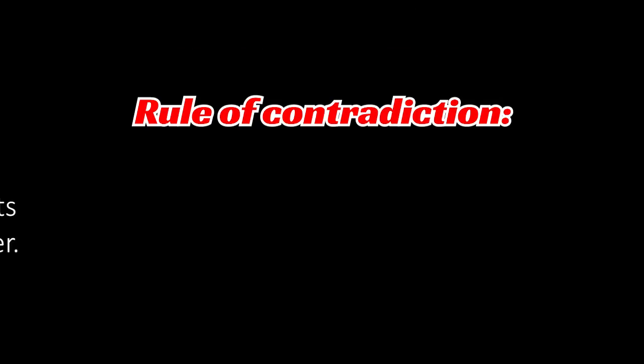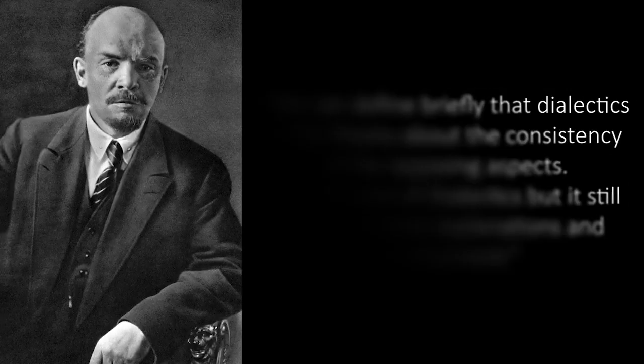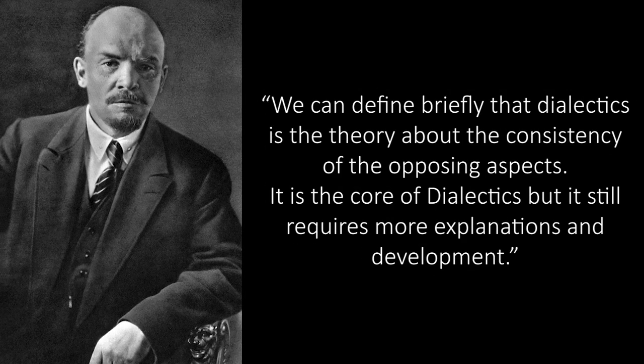Okay, the next rule that we are going to talk about is the rule of contradiction. Contradictions are the forces and aspects within something that oppose each other. According to Lenin, we can define briefly that dialectics is the theory about consistency of the opposing aspects. It is the core of dialectics, but it still requires more explanations and development. So in other words, Lenin pointed out that contradictions are complicated, and understanding them is key to understanding the world